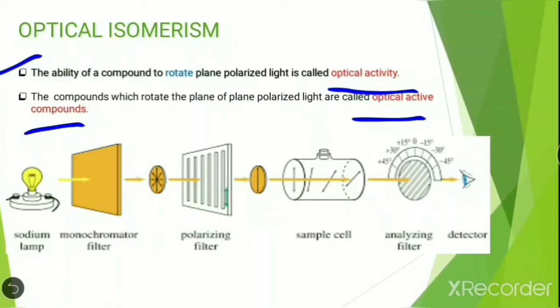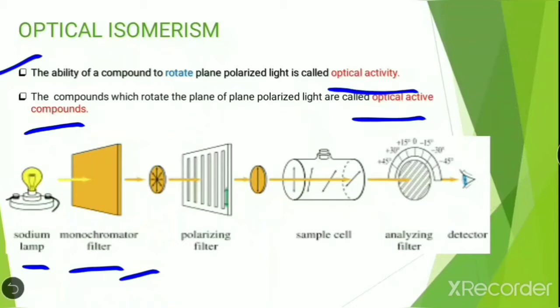So what happens? First we will see the components. This is the sodium lamp. It works as a source for this, and this is the monochromator. The work of the monochromator is to separate the color components of the light, and it also acts as a diffraction grating. And this is the filter. The filter removes the unwanted signals. So we will see how it works.